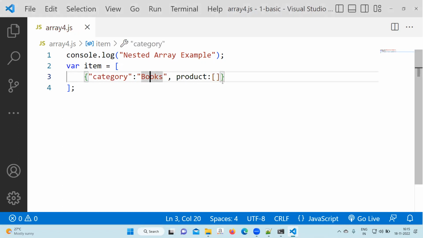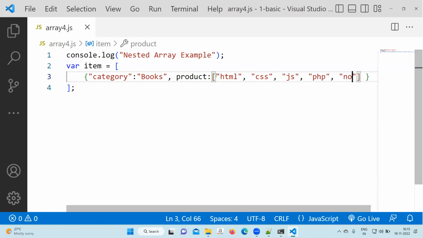So in one books category, multiple products. Maybe one is HTML, one is CSS, one is JS, one is PHP, one is